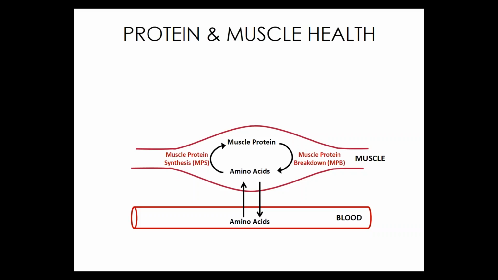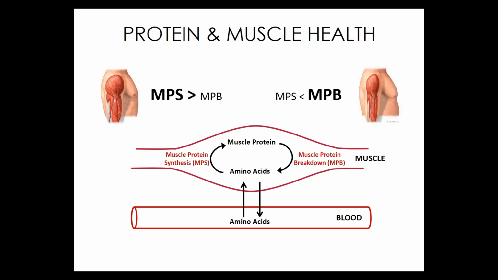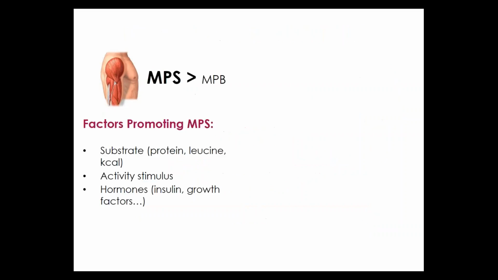Now, the rate of muscle protein synthesis and muscle protein breakdown need to be balanced in order to maintain protein stores and tissue mass. When net muscle protein synthesis is greater than muscle protein breakdown, then you'll see muscle hypertrophy. And conversely, if you have a net increase in muscle protein breakdown, then you're going to see atrophy occurring. And I think what's important is to recognize there are a multitude of factors driving both of these